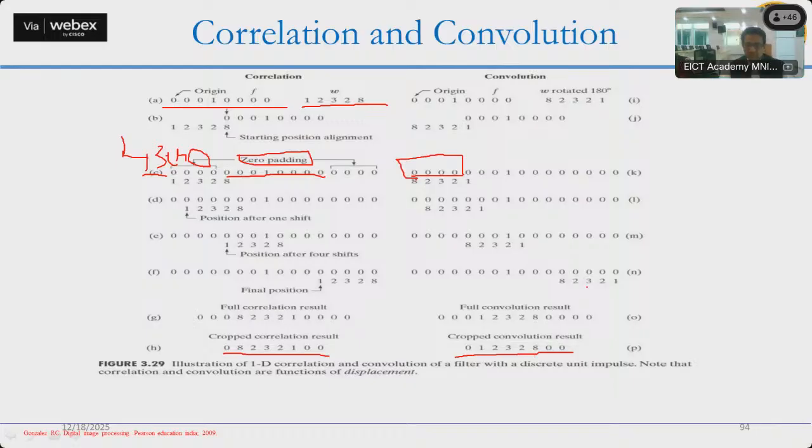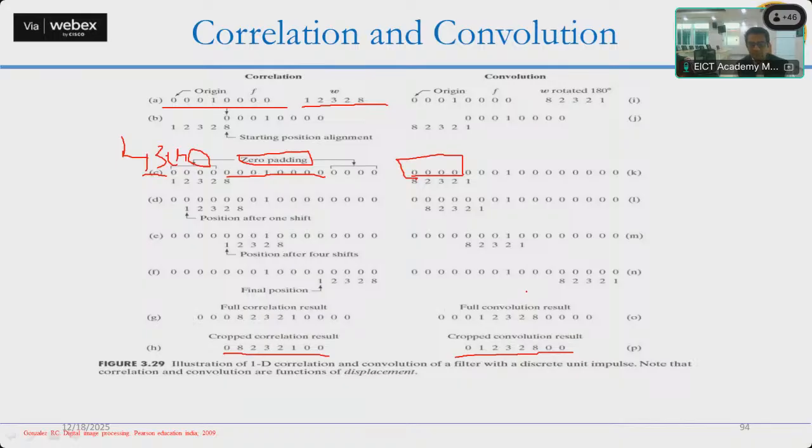Any questions? This is important: we have learned the basic operations of correlation and convolution. In engineering, you first need to know the goal, what you want to do, and then do it with the help of your techniques, mathematics, and algorithms, and finally evaluate whether the desired impact has come or not. Is it understood?